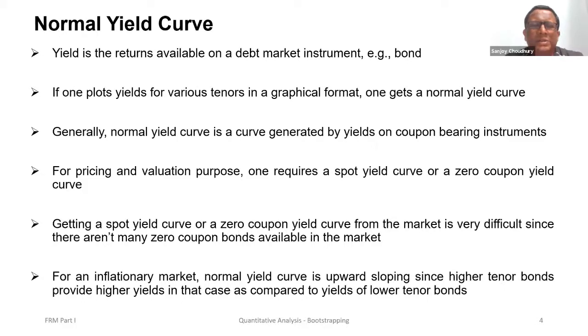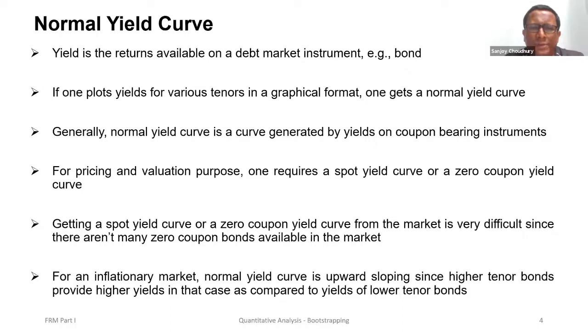A spot yield or a zero coupon yield is the yield provided by a zero coupon bond. A zero coupon bond is a bond which produces only one cash flow at maturity, so there are no intermittent cash flows. Generating a spot yield curve or zero coupon yield curve from the market is very difficult since there aren't many zero coupon bonds available. The yield curves typically available in the market are normal yield curves, and from them the spot yield curve or zero coupon yield curve needs to be constructed,